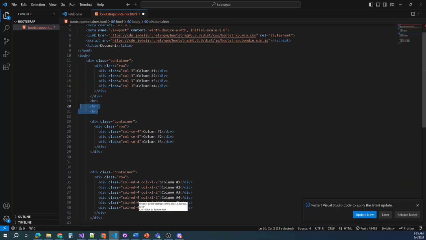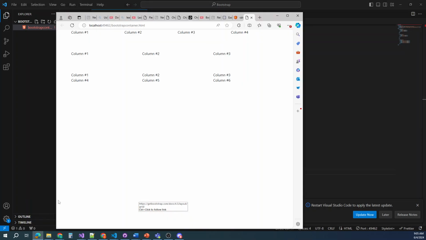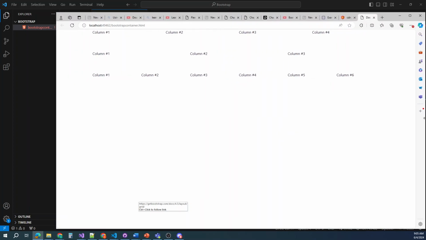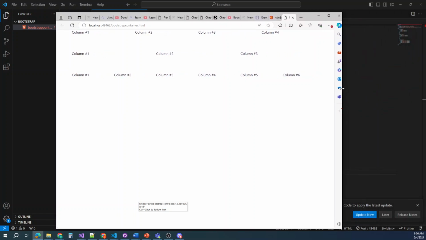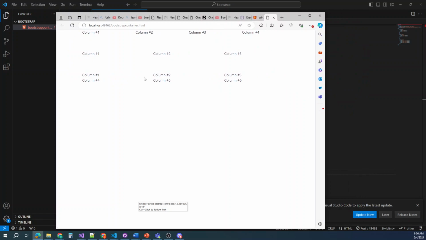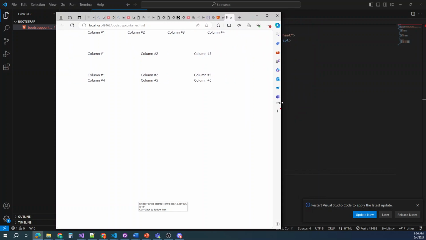Grab these breaks out of here. Get this expanded. You can see now we got 6. Here's our first example, our second example, and our third example. And as we start getting smaller, you can see now they drop down to 2 columns. As we continue to get smaller,